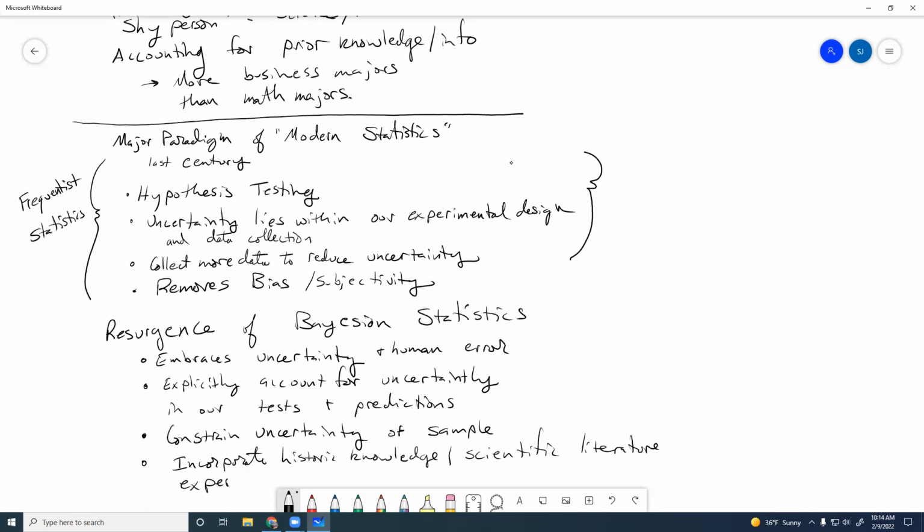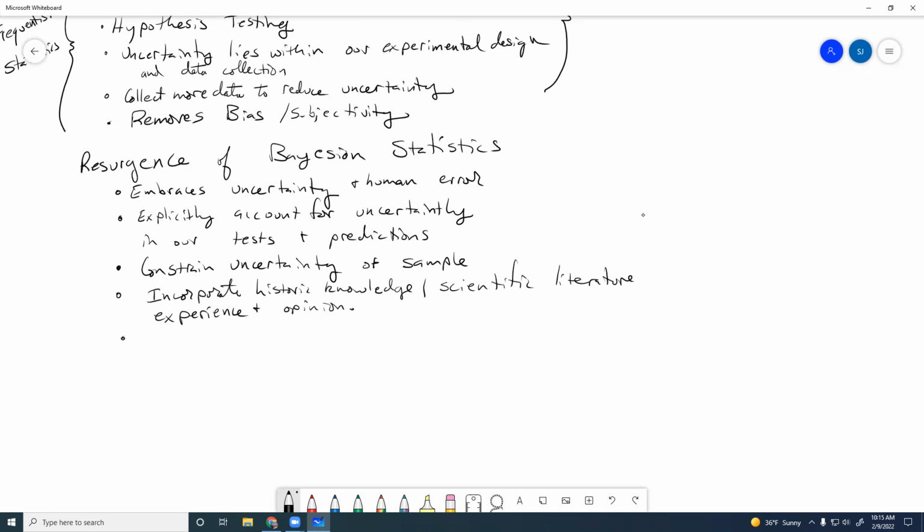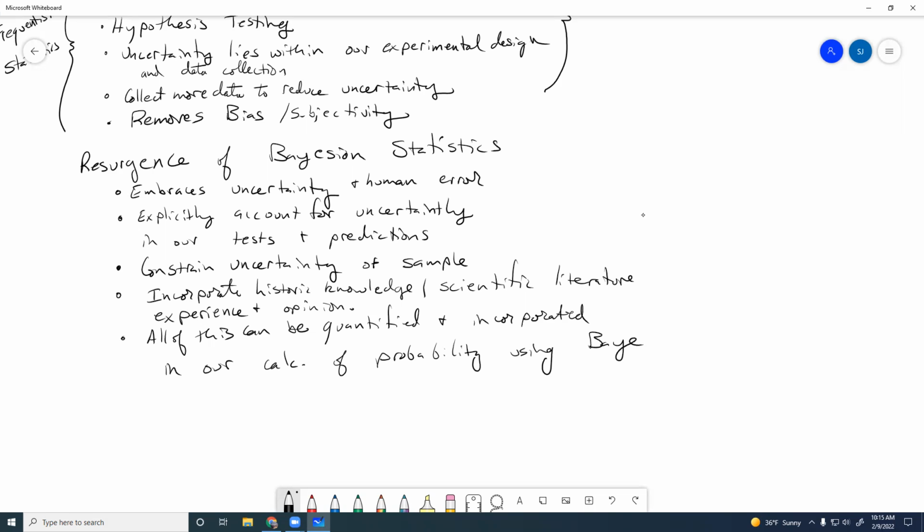Experience and opinion, and all of these things can be quantified in our calculations of probability using Bayes' theorem. So you'll read a little bit more about Bayes in that chapter to give you some background about